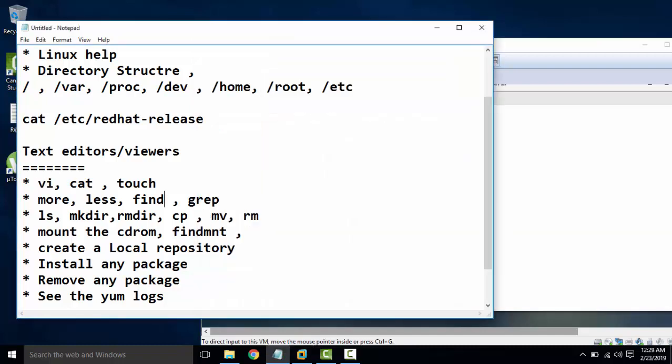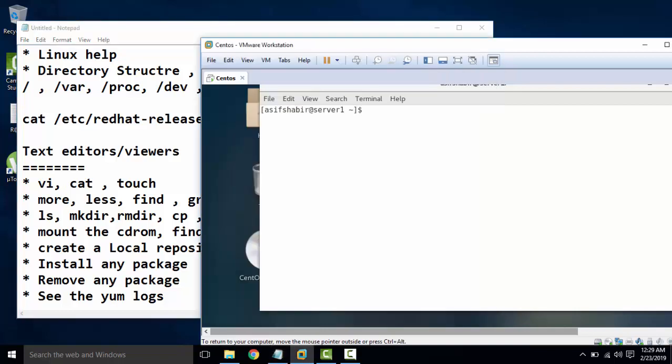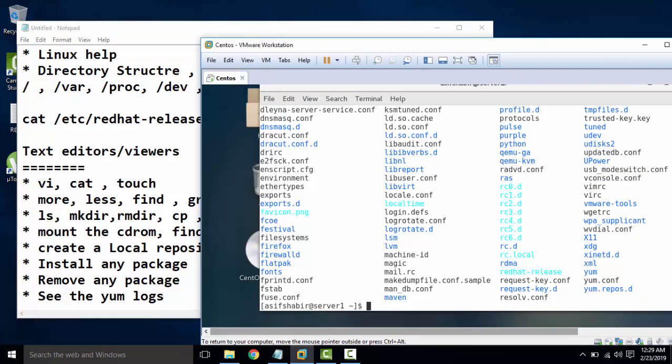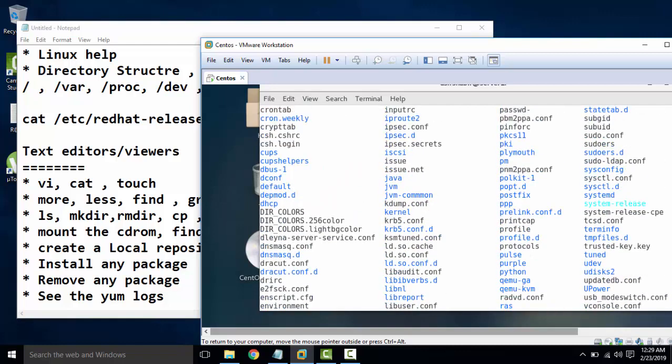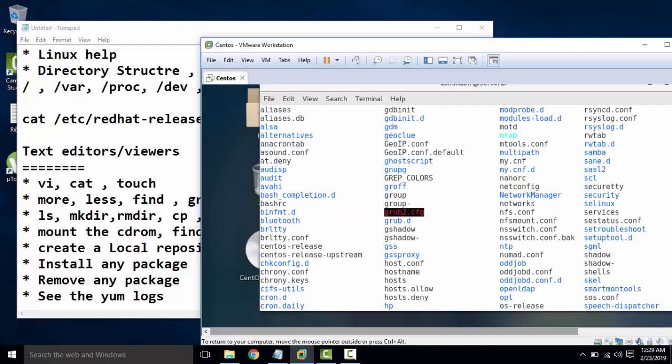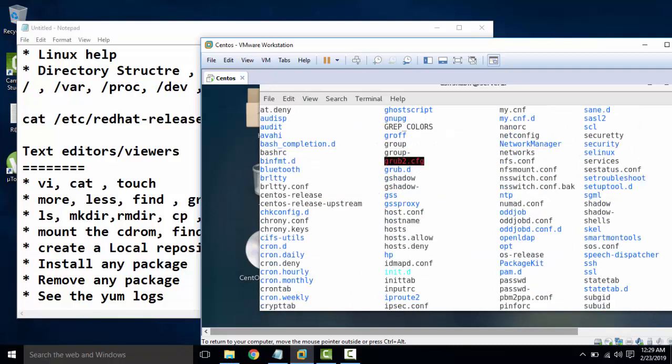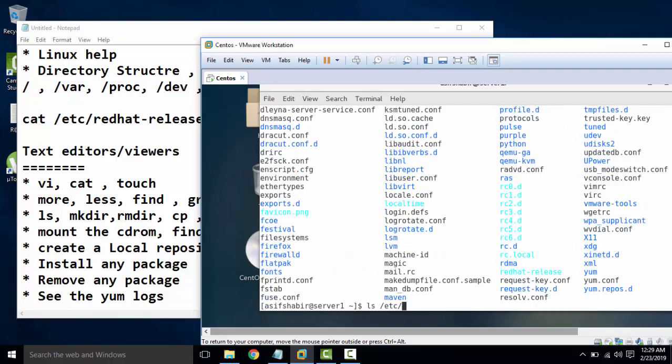Now these are some more commands. Let us see the contents of etc. You see that if we see the contents under the etc directory, basically it's showing in lots of pages. So we need to format the output so that we can easily read it. This is the pipe sign. This means that